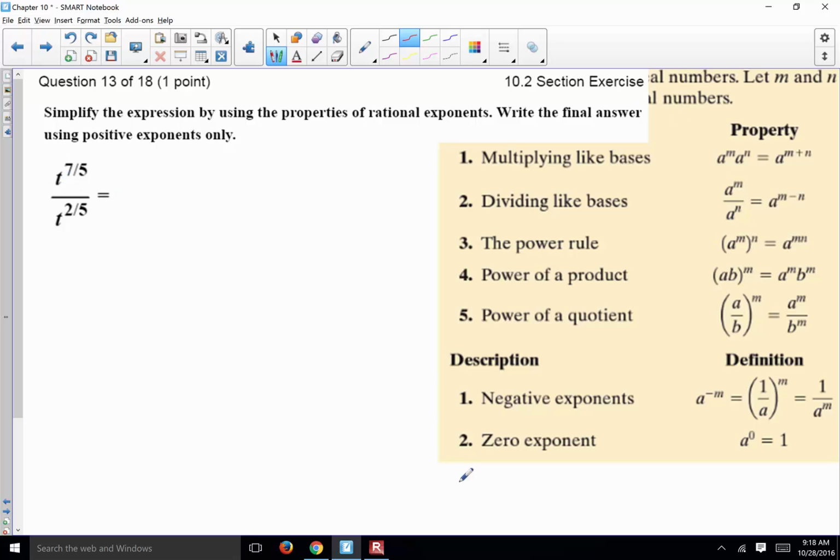Which rule are we going to apply in the list? Which one does it look like? Does it look like multiplication of two exponents? Yep, a dividing like bases situation happens here. What's the rule say? Put a minus between those two bases. Keep that base the same, T. Just put those numbers on the top